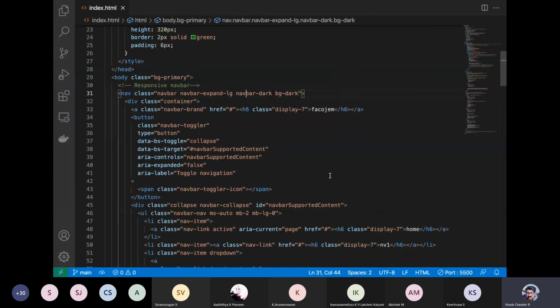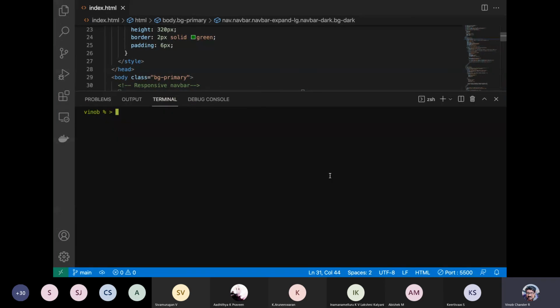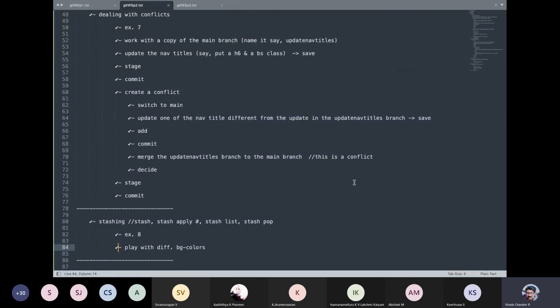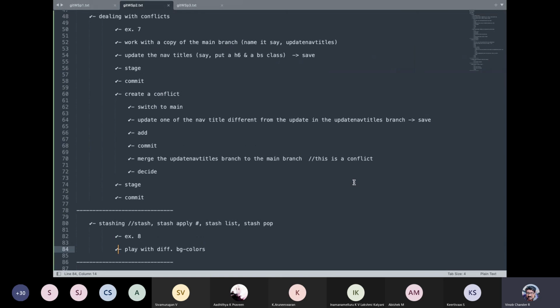All right, and let us very quickly again check the branches that are available. Just ensure that we just have the main branch for now, or whether we have some more branches. So what do we do for that? For that we do a git branch. We have only the main branch. We don't have any other branches. We have done some merging. All those are over. Okay, so that is stashing, guys.